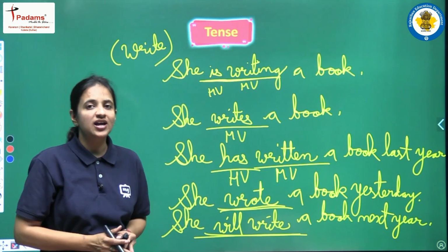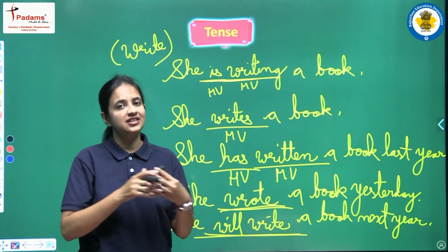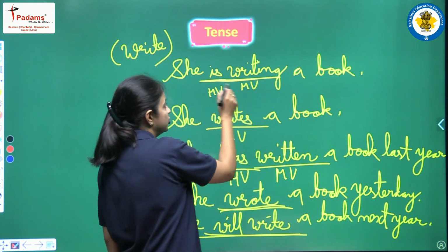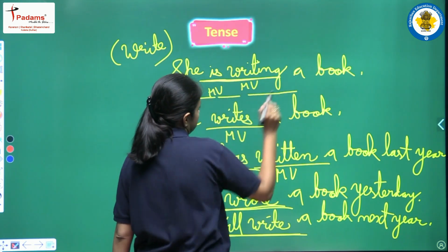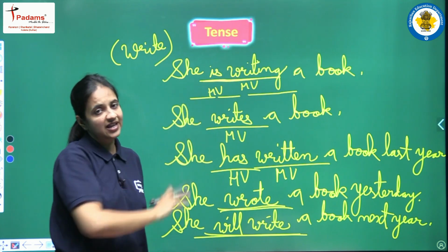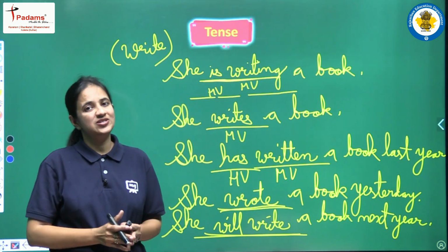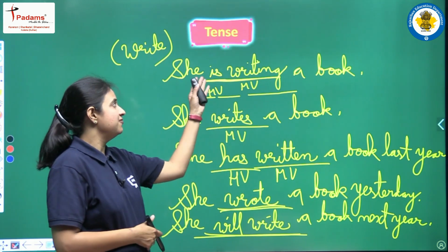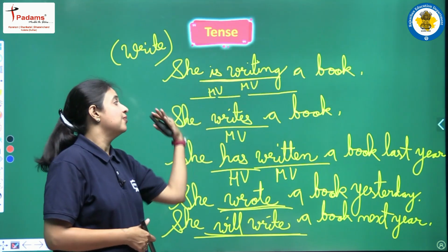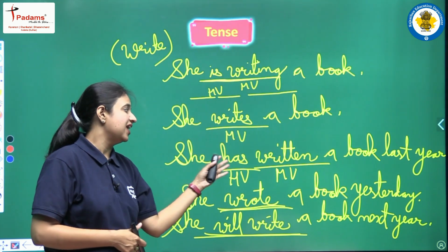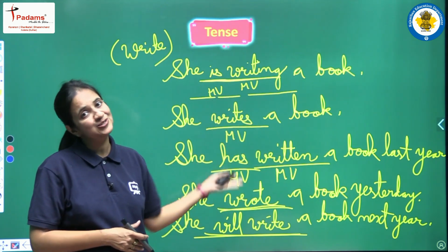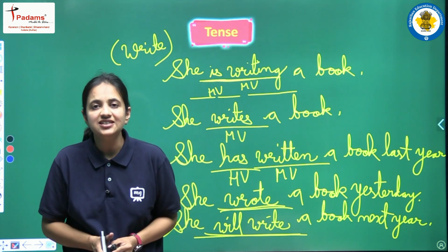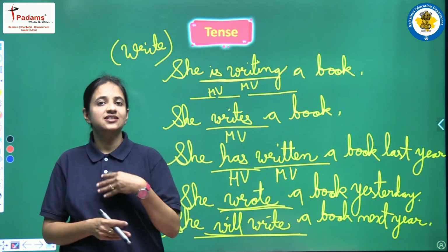So in the exams you are having, you know, this topic, tense, as fill-ups. You will have some sentences, and in those sentences you will have some blanks, okay, and then you have to fill the blanks. You have to complete the sentences using the correct form of the verb. So you have to learn why we are having is writing here, why we are having writes here, why we are having has written here, and so on. Okay, so we will complete all these things. We will complete all the tenses in the coming videos.